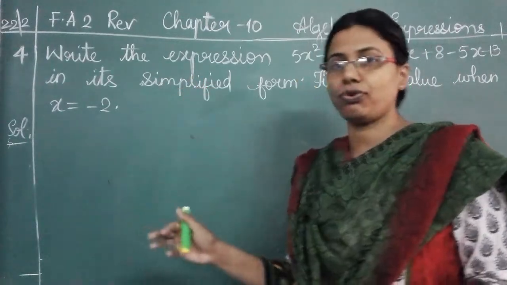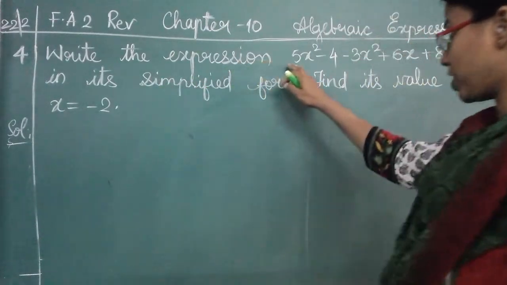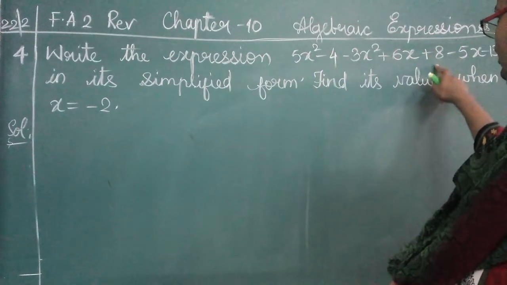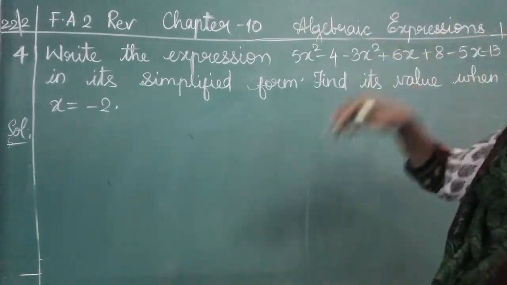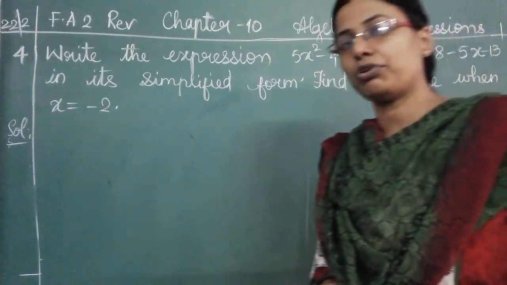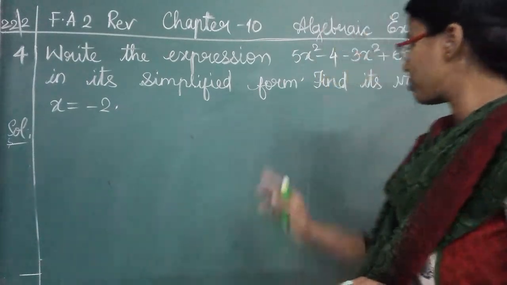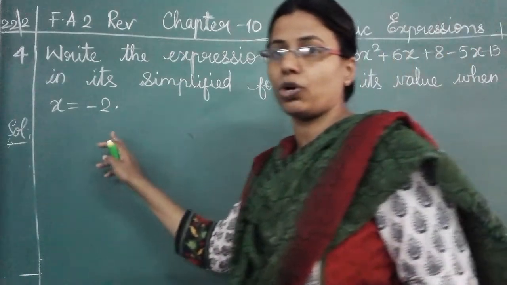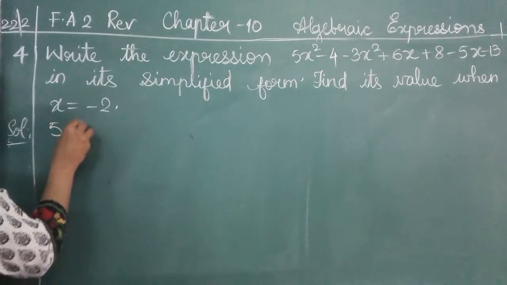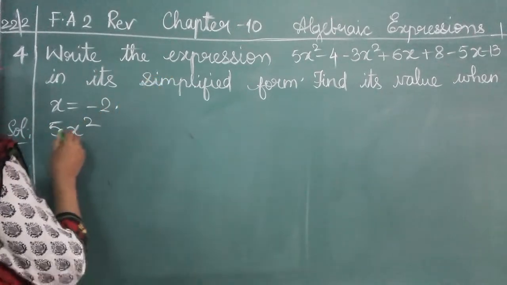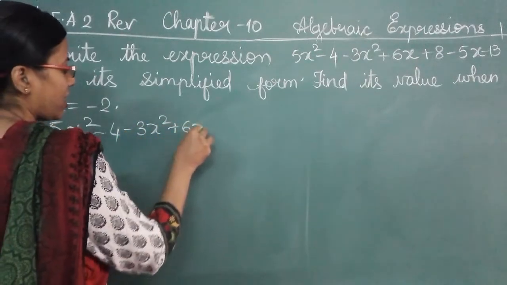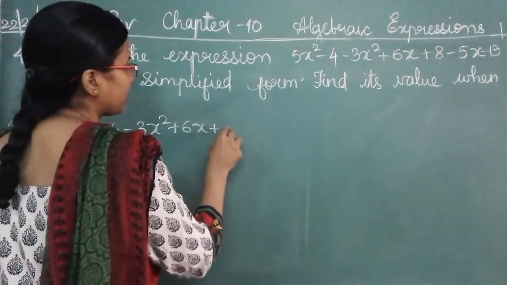So now let us do the fourth one, which is: write the expression 5x square minus 4 minus 3x square plus 6x plus 8 minus 5x minus 13 in its simplest form. First we have to write it in simplest form and then find its value when x is equal to minus 2. So now let's begin. Copy the given algebraic expression 5x square minus 4 minus 3x square plus 6x plus 8